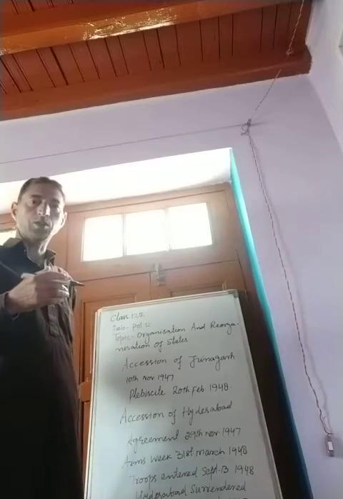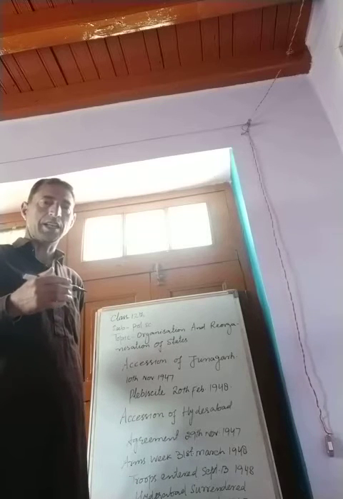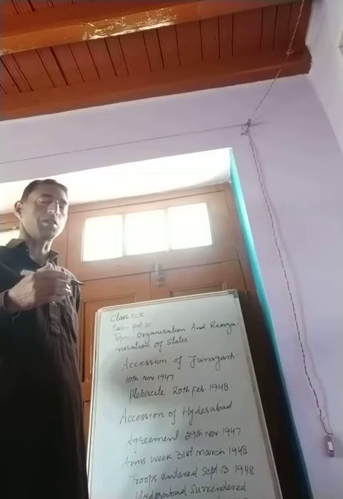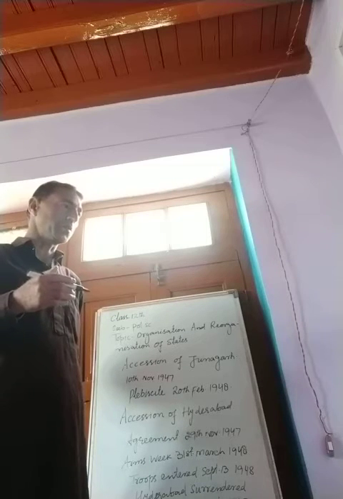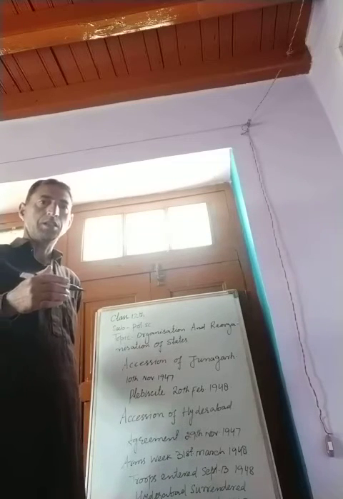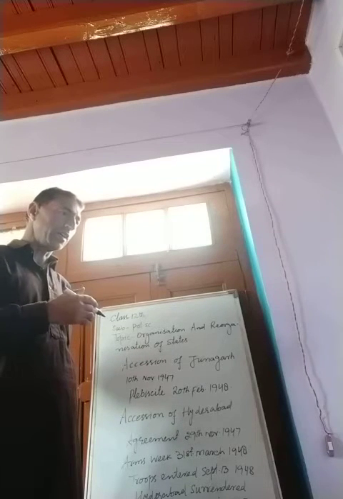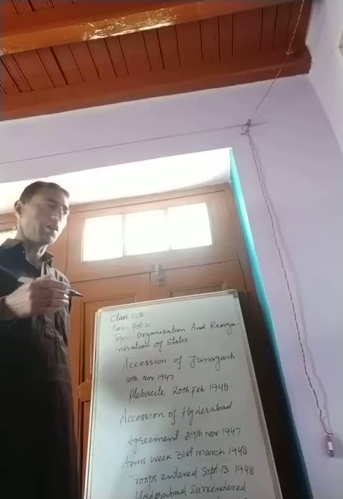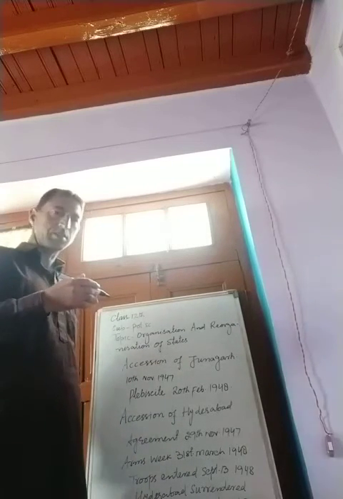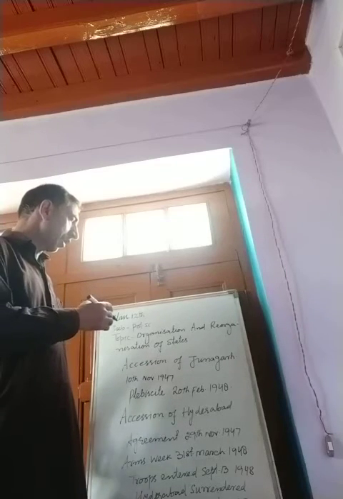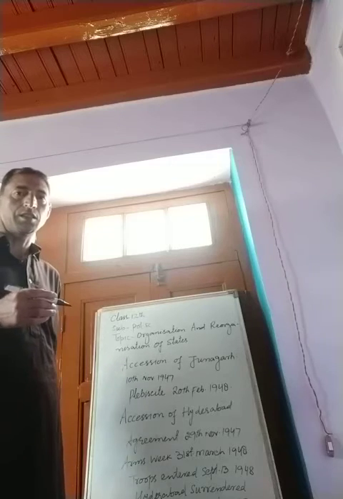Princely states are those states, small or large, within British India who enjoyed some sort of autonomy, and according to the partition dictum theory, they were given the choice either to join India or Pakistan or remain independent. At the time of independence, there were 562 princely states in India,